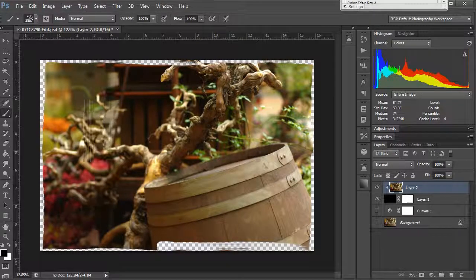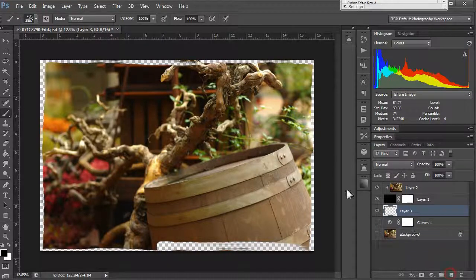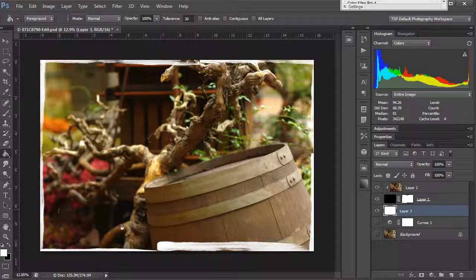If we want it to have a black border, we need to make a black layer. If we want a white border, we need to make a white layer. So we're going to come over here to our curves area because I want to make a layer right above that. And I'm going to hit new layer. Okay, and I'm going to fill this with white paint. So I'm going to grab my bucket tool, and since black is the foreground color, I'm going to hit the X key, and I'm going to fill that layer with white. Okay, so now if we zoom in,